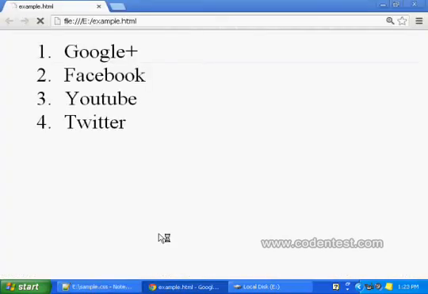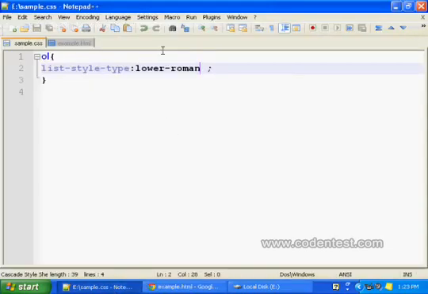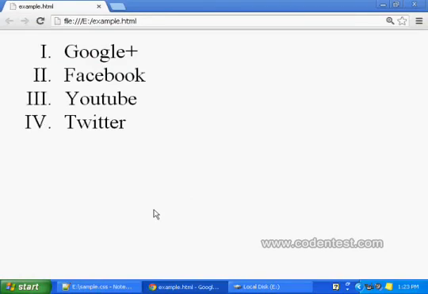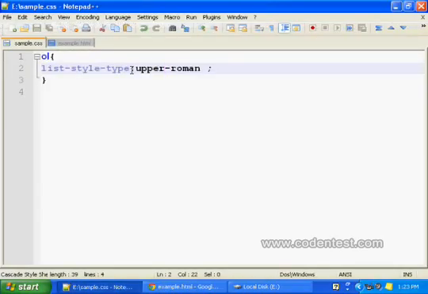I'll save that. That's lower Roman, or you could add upper Roman. I'll save that and refresh it here. That's upper Roman. So that's the list style type property.